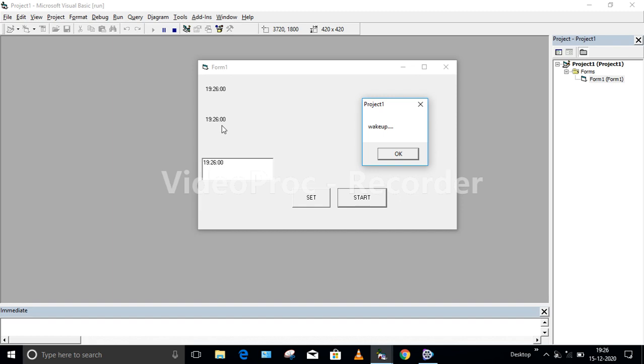If you want to insert certain songs and all, you can do it by using the multimedia control. If on your PC you don't have any speakers mounted, you can just pop up the message, like here you are getting the message of wake up. So this is all about designing this small alarm clock. I hope you have understood this one. Thank you.